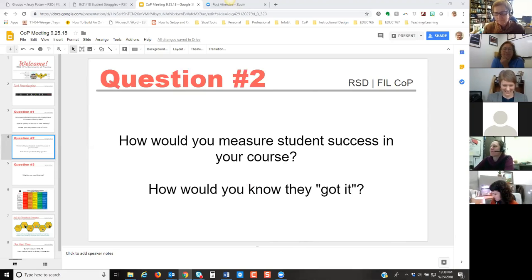I was just going to mention too that I don't get a chance to see the assignments after I go in and help students do the research assignments. So I would echo what Devin said. I can't really respond to how would you measure student success in your course, but I have heard